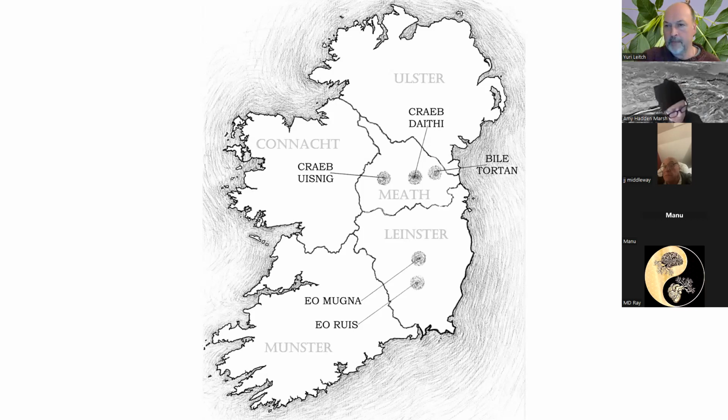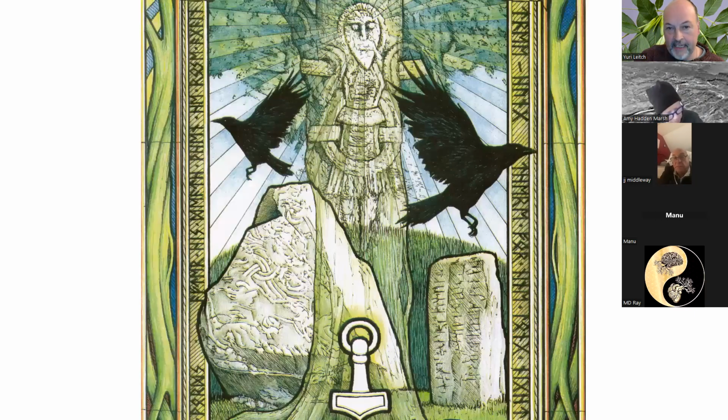But the important thing is that the ash tree is the tree of kingship. And it's Lugh who arrives with the spear of Lugh, who eventually takes over being the king of the Tuatha De Danann. Nuada is the king of the Tuatha, but he's wounded and he's getting on a bit.